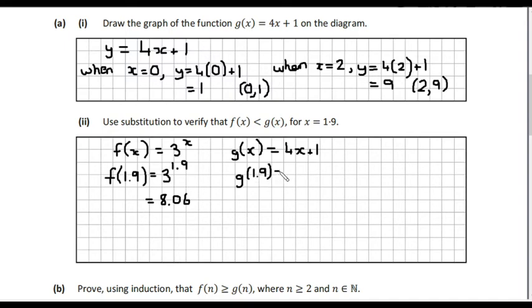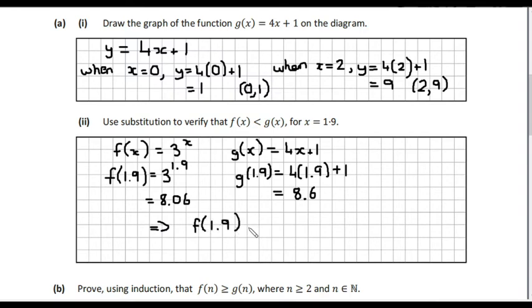So g of 1.9 then is going to be 4 by 1.9 plus 1. So 4 by 1.9 is actually 7.6, plus 1 is 8.6. So 8.6 is greater, of course, than 8.06. Therefore, we can conclude that yes, f of 1.9